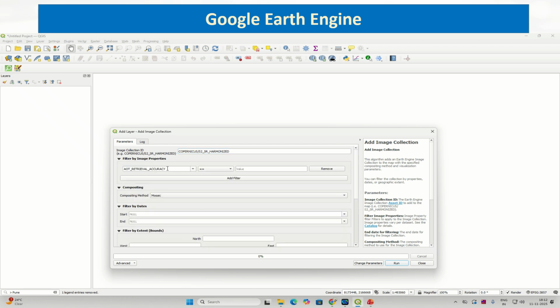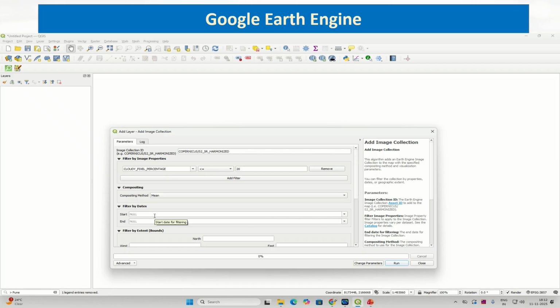And then you can filter by image properties. Let us say even when you are giving the particular period where the cloud cover will be less, then also in case of Sentinel, the image property which has cloud cover information is cloudy pixel percentage, whereas in Landsat it was cloud cover. It should be less than or equal to say 20, and then compositing method you take the mean, so that you will get a relatively cloud free image. Higher reflectance means presence of cloud, lower reflectance means presence of cloud shadow. In between mean value